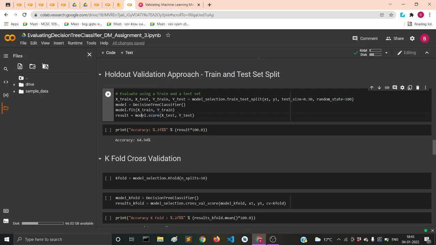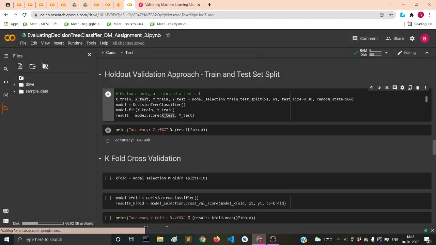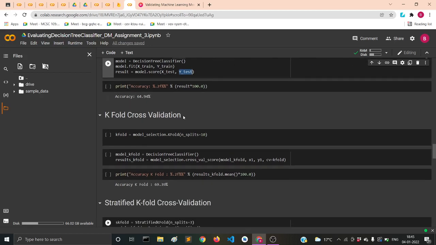So firstly you will pass the x train and y train values to fit the model, and then to test you have to pass the x test and y test values. With the x test it will predict the labels according to the x values, and then with the y test it will check whether the predictions are right or wrong, and then it will return you the accuracy. Now if you remember, accuracy is the correct predictions out of total predictions, or say total samples, or say total data points which are tested.